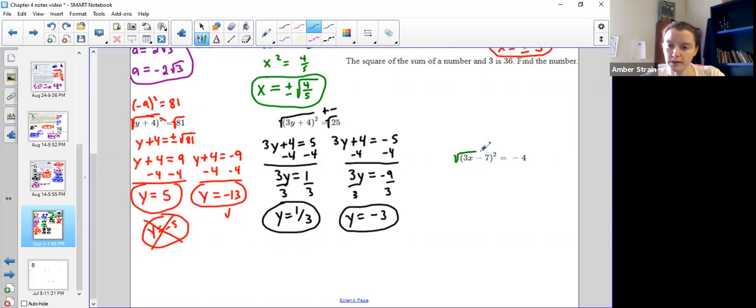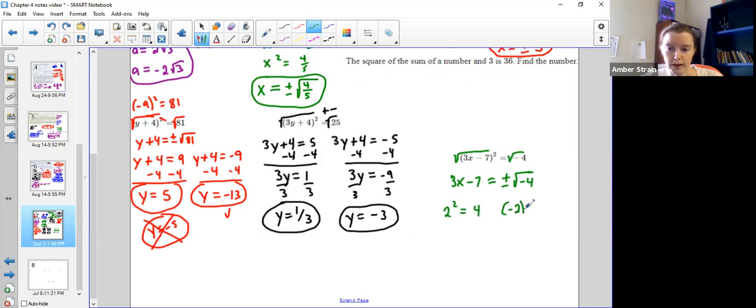So I start this one. It looks like it's the same as the one right before. But right here, on all of these, we kind of knew off the top of our head square root of 25 was 5. If I wasn't great with my perfect squares, I could have plugged it into the calculator. But this one, when I square root to cancel, right here, I would get plus or minus, but then I'd have the square root of that negative 4. Now the square root of 4 is 2, so you might think this would be a negative 2. But remember that 2 squared is 4,